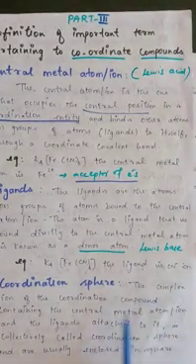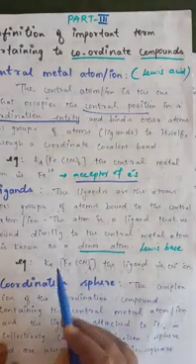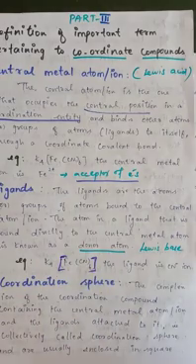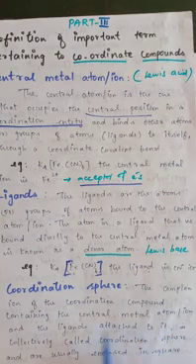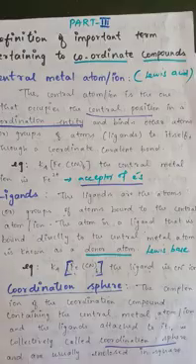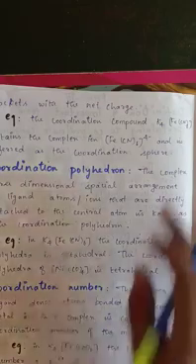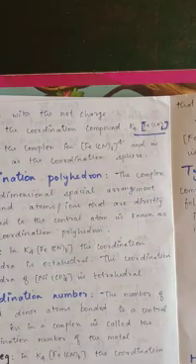What is a coordination sphere? In the coordination compound containing a central metal, look at this square bracket. The sphere enclosed by the square bracket must contain the central metal ion as well as the ligands. The central metal atom and the ligands attached to it are collectively called the coordination sphere. Usually this is enclosed by square brackets. Right? So K4[Fe(CN)6], the square bracket, is a complex ion, referred to as a coordination sphere.